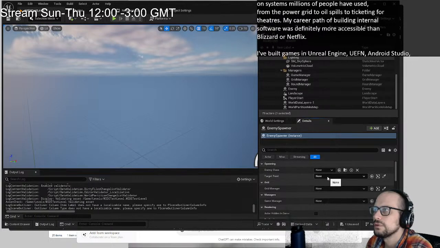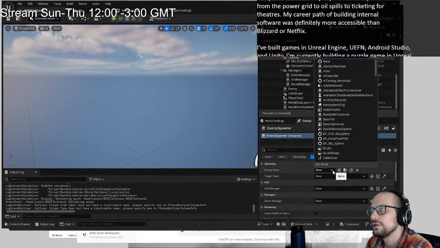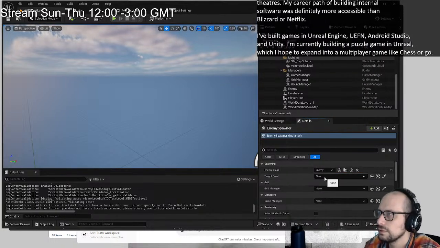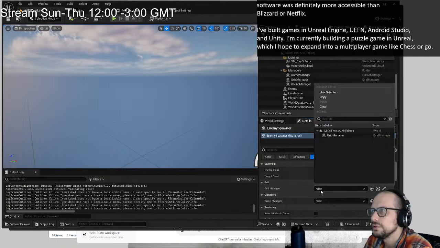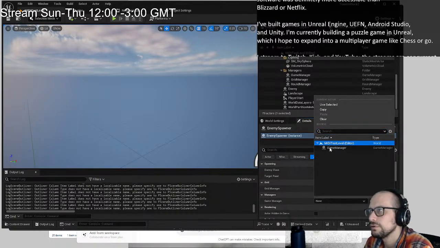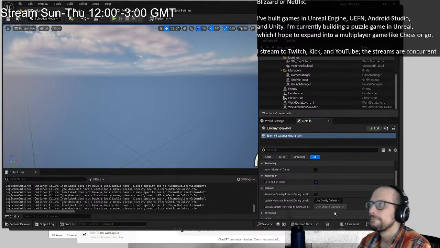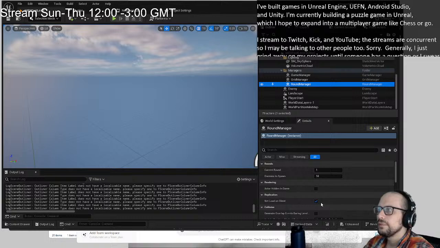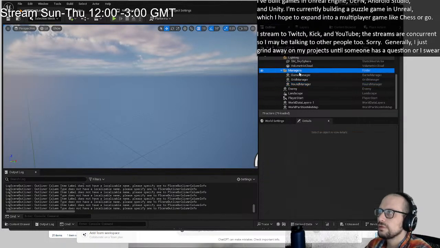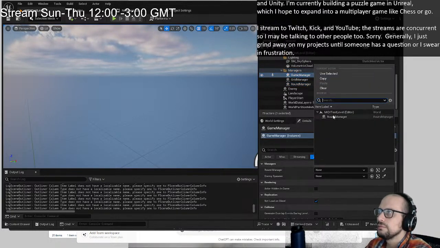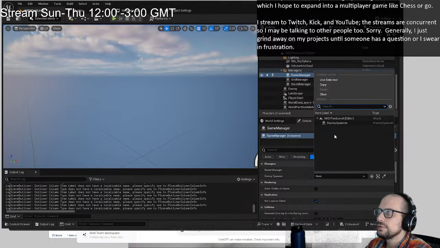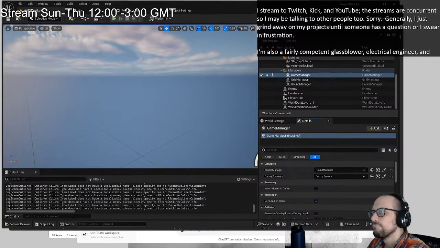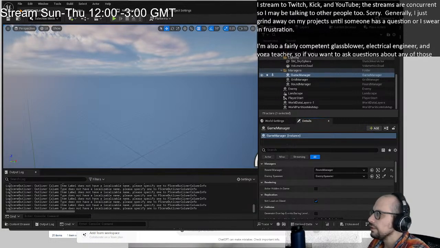target point. Okay, spawning enemy class is enemy, I think, and target point. Grid manager is grid manager, game manager, game manager. Okay. Round manager needs to have, that's fine. Round manager, game manager, and then enemy spawner needs to have, we're gonna want this to be a list of,